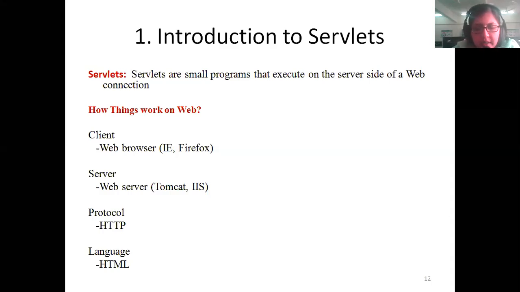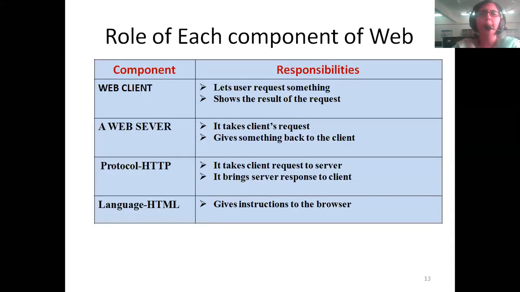And to construct the web pages, you can use HTML, which is Hypertext Markup Language. So the components of the web: we have the web client. The web client lets the user make the request and also display the reply.